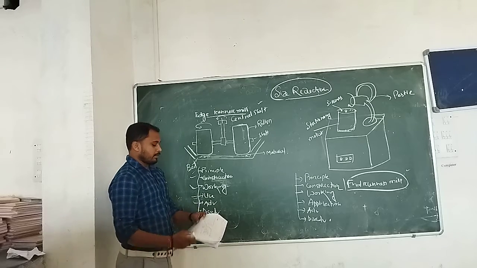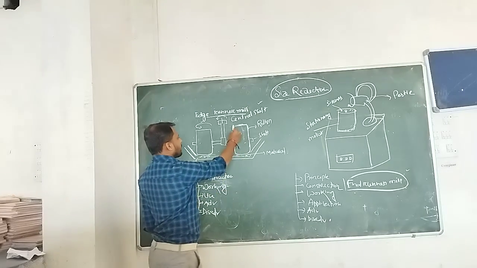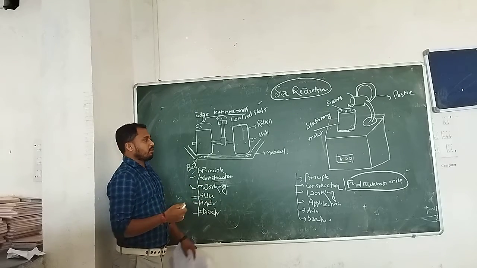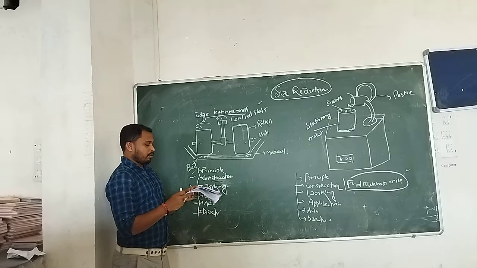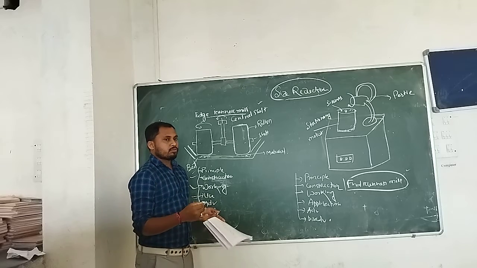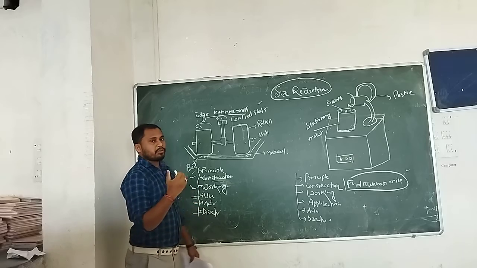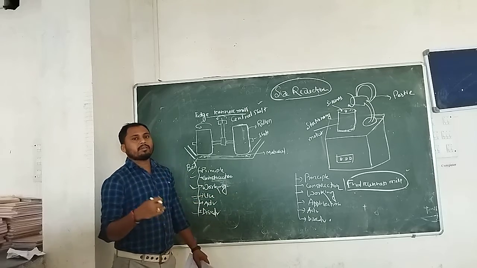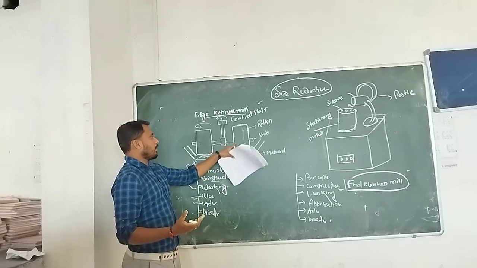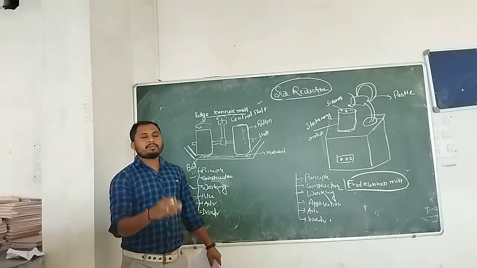What are the disadvantages of this machine? There will be a chance of contamination. As the roller is generally made of stone, there will be a chance of contamination of stone as an impurity in the product. And it is not used for sticky material. As we are using heavy stone, the heavy stone creates pressure on the grinding material. If we use very sticky material, material having some moisture or hygroscopic material, it can stick to the roller and to the bed of this machine. So sticky material we cannot grind.